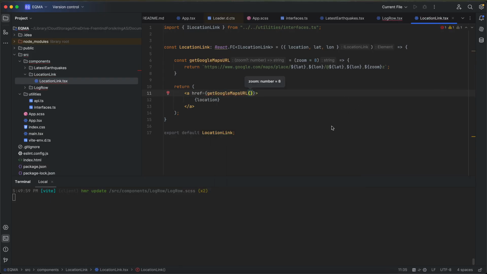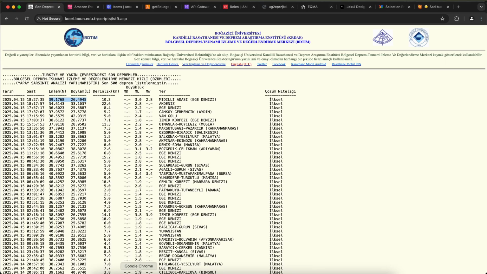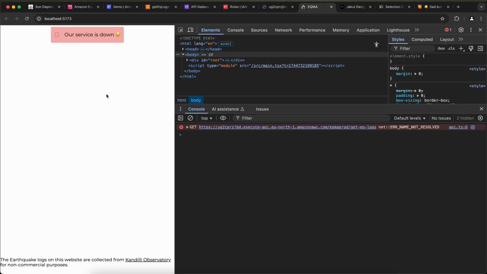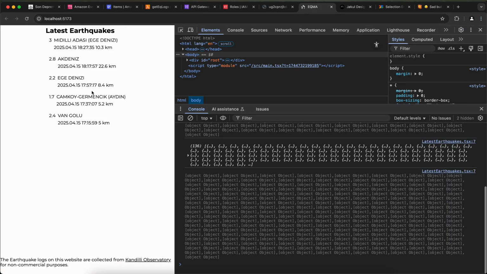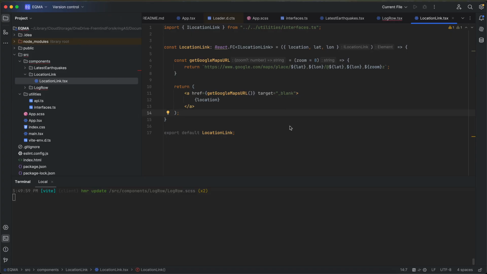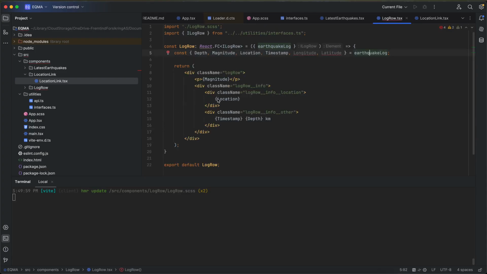So I don't need to specify zoom because I want it to open a new tab on the browser, and it will be like this. So let's see if it's working well. Okay, so now this one should be clickable, but it's not because I probably did not use it yet under log row. So I will be using it on my log row component, and then I just need to call it with the